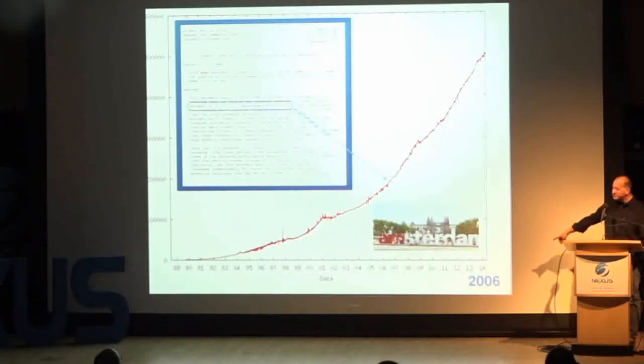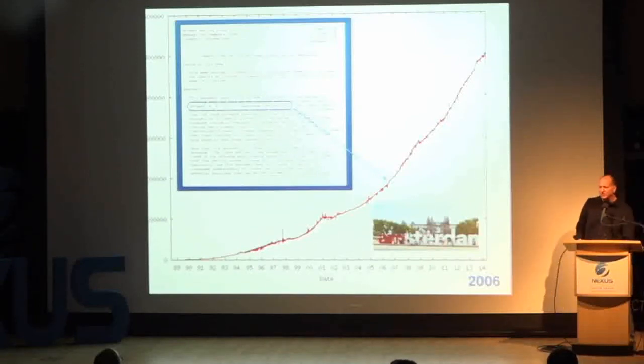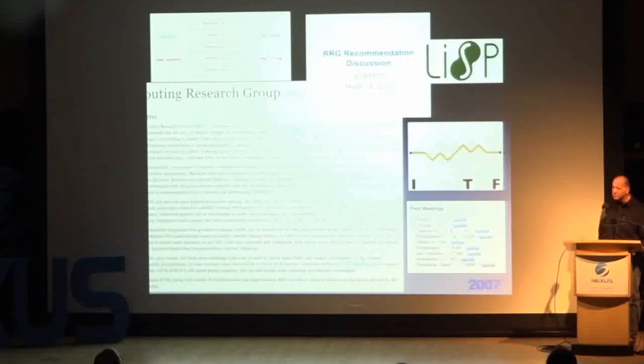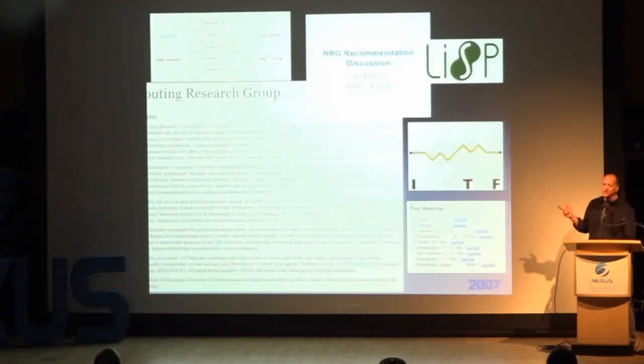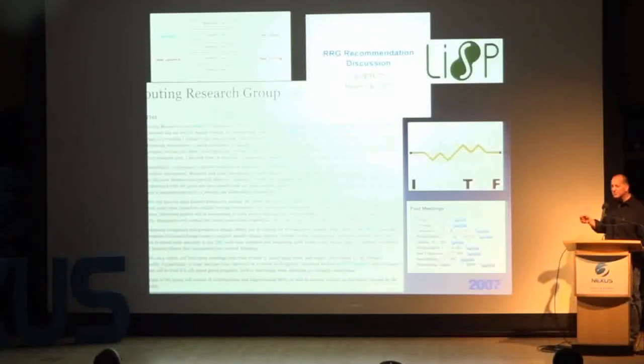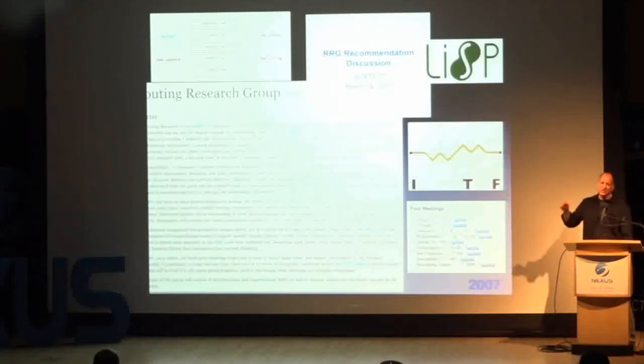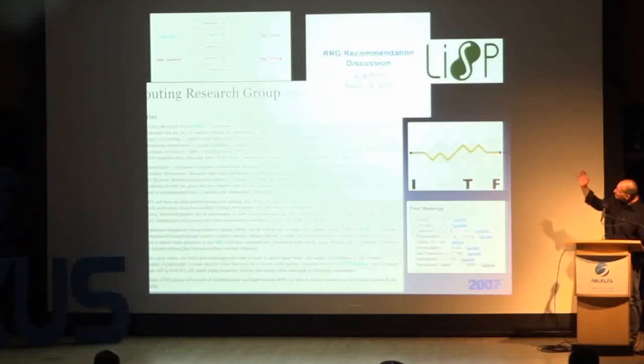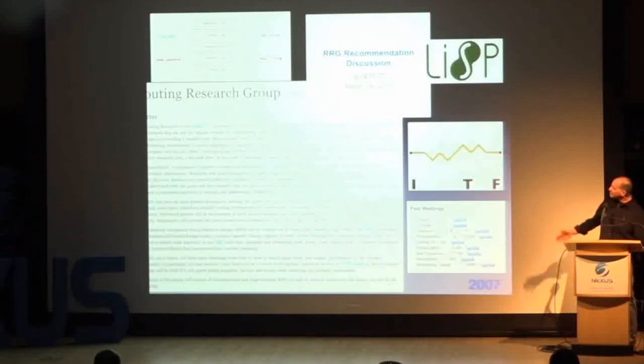So in 2006, we had a routing workshop. The IAB had a routing workshop in the Netherlands, and we looked at the growth of routing tables in core routers. We saw that this exponential growth was happening, so we had to solve the problem. Using locator ID separation was a way to solve the problem because the hosts' IP addresses didn't have to be injected in the core. So we started this routing research group in the IRTF, the Internet Research Task Force, to decide how to solve this problem.